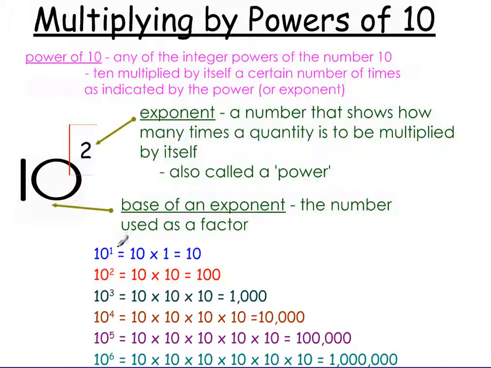10 to the first power is the same as saying 10 times 1, or 10. But be careful, because you will tend to go 10 times 2 to make 20, which is incorrect, because 10 squared is like 10 squares by 10 squares. So if you took a square and divided it into 10 equal parts,